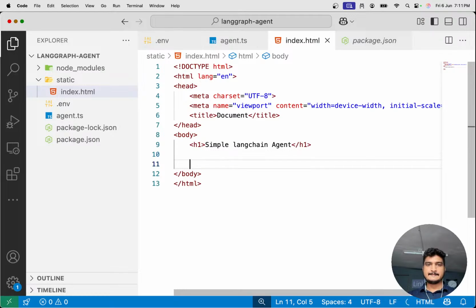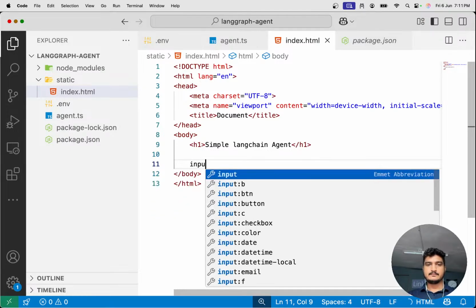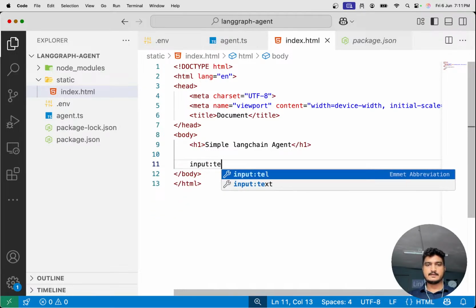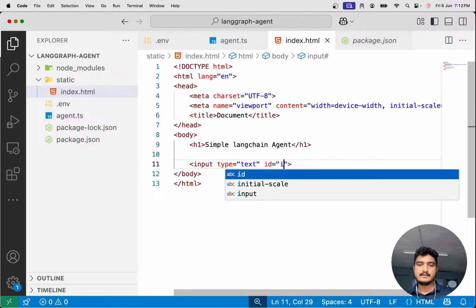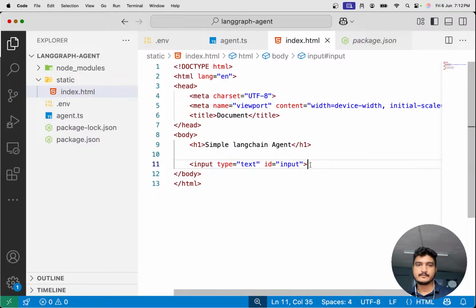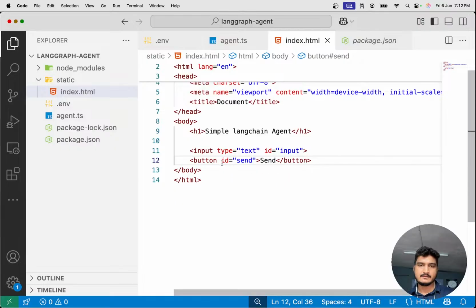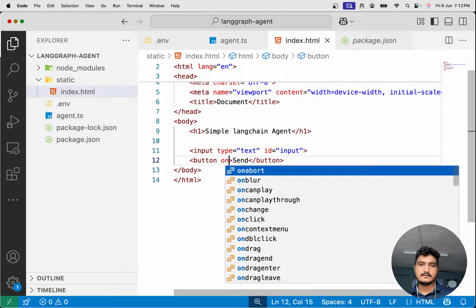Okay, and then input, type text, id input, and then a button, send. We don't need an id for the button, and here on click